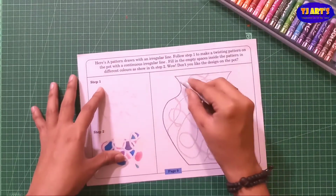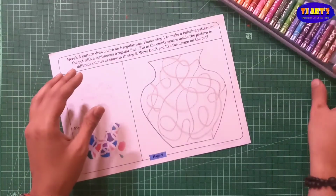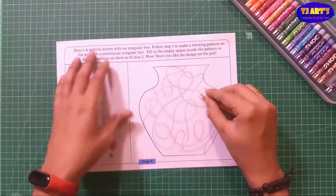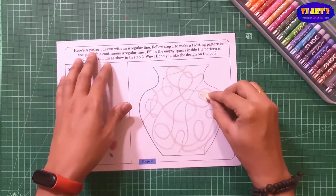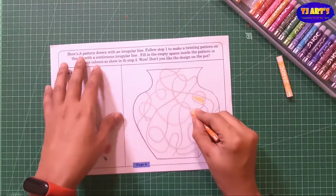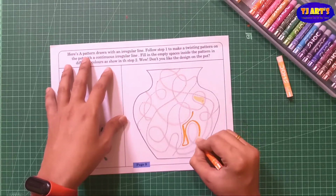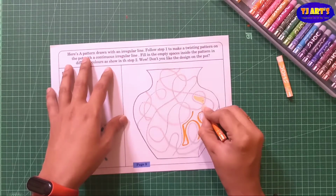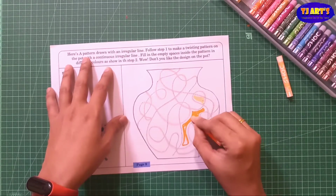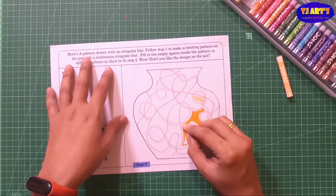Now after this we are going to start coloring with different colors, but you have to leave some space along with the border of each and every part. As you can see, I start with the yellow ochre color. You have to leave some space along with that part. See that each and every part should be with a different color, but along with that border we have to leave some white space